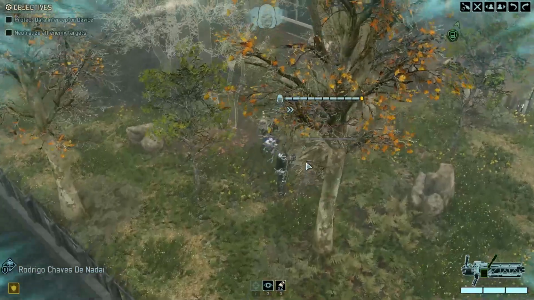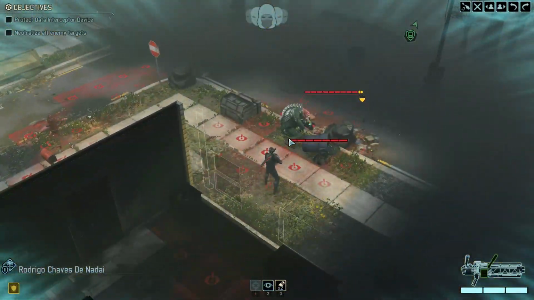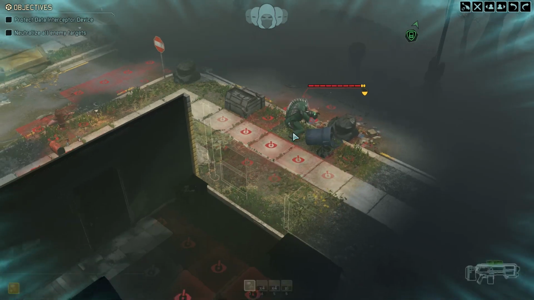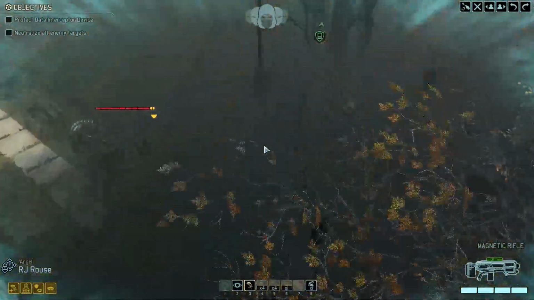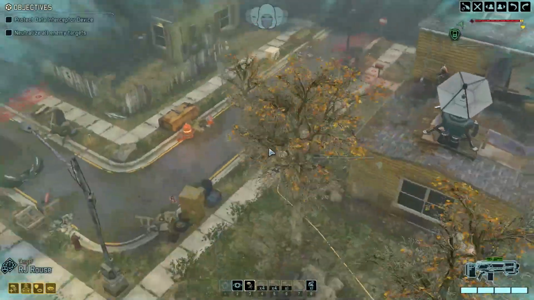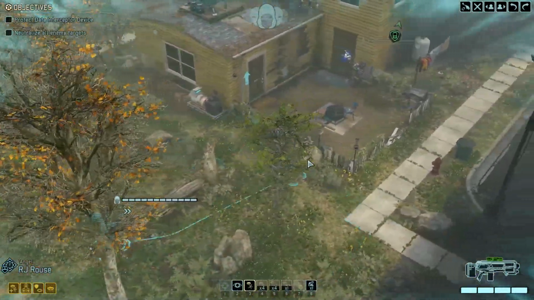Let's do this. Okay, we spotted someone. So we're down the road. Yep, right there. Yeah, we got two. We got a Muton and a... not a shield bearer, a riot guy. I always forget his name. Okay, so we're going to run...